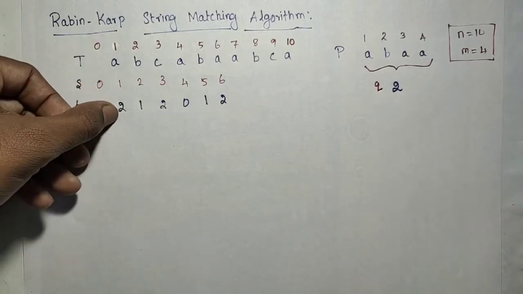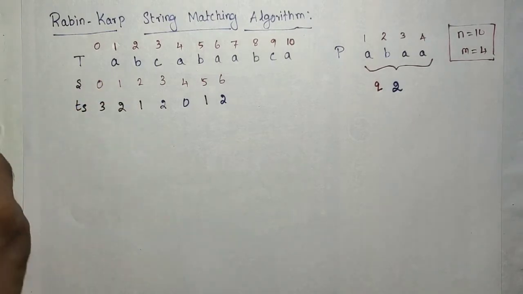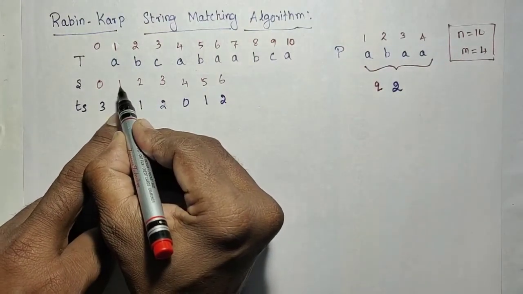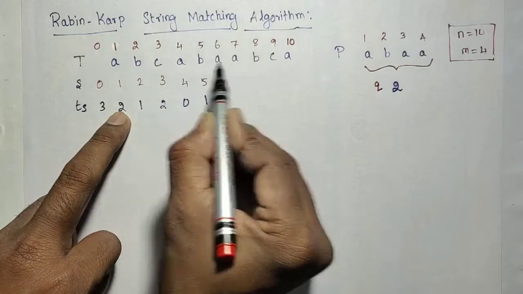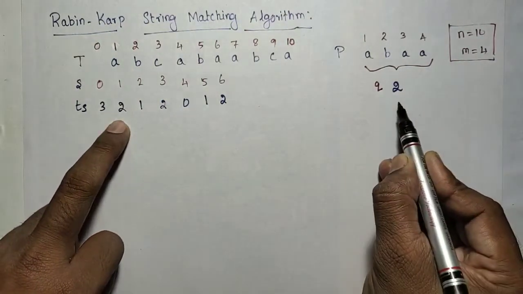At the 0th iteration, 1 will be calculated. First iteration, 2 will be calculated. Like that we are doing. So what is happening here: before comparing, with s equal to 1, the BCAB, those 4 characters need to be compared. Before that, the numbers will be compared. So 2, both are equal.